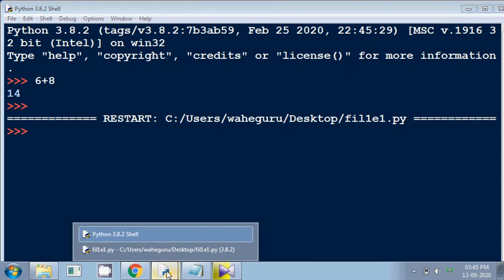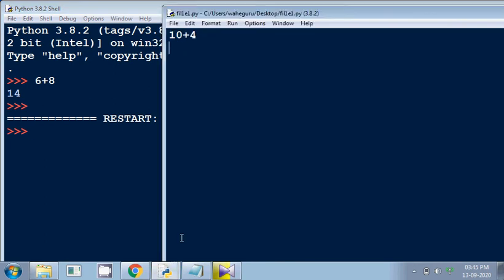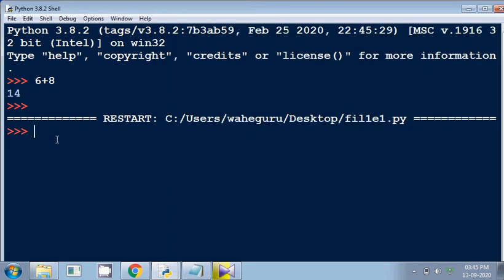Let's use that file again. I'll actually have to use the print statement, because since this is a file, it will give the output only when a print statement is used. But if we are on this IDLE, then no need to use the print statement, it will directly give the output.